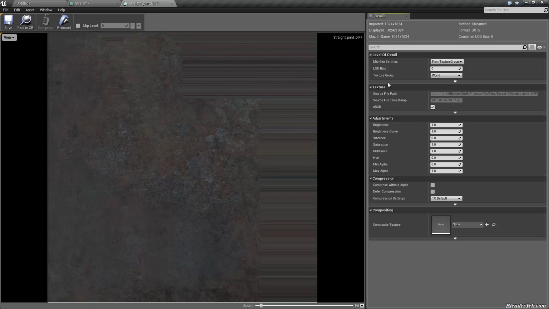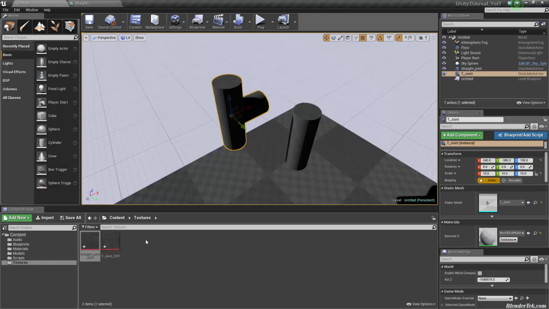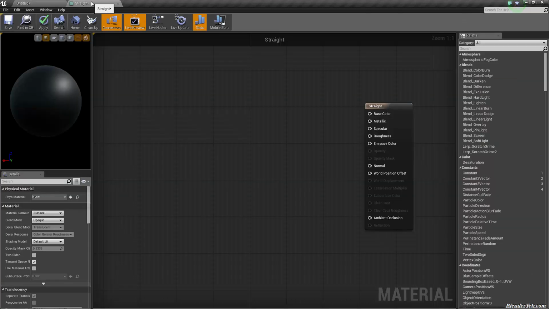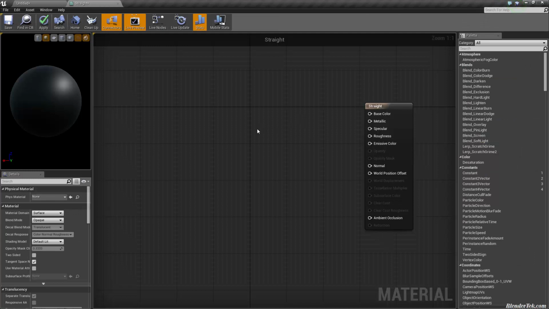You can see how everything's wrapping, whereas I'm sure I could change that somewhere. Anyways, doesn't matter. We just want to get the same thing. So now I think if this works exactly the same as I learned from the videos, we are working on the straight material. So I'm going to select the straight texture. So I have it selected in my editor window. I'm going to go into the material tab. I'm going to press T.